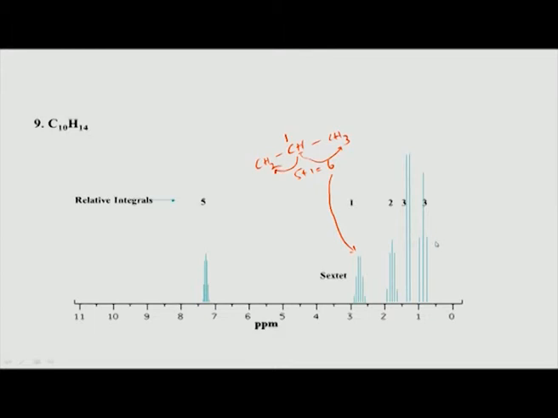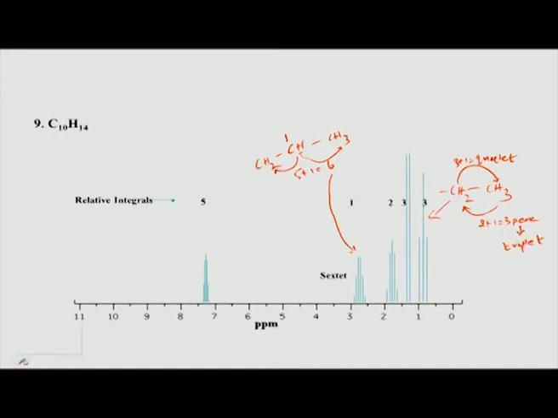So, if you think about it, this could be a CH3 attached to a CH2. If that is so, the CH3 will give 2 plus 1 equal to 3 peaks for the CH2, and this particular CH2 is coupled to 3 hydrogens. So, 3 plus 1, this will be a quartet, and the methyl will be a triplet.